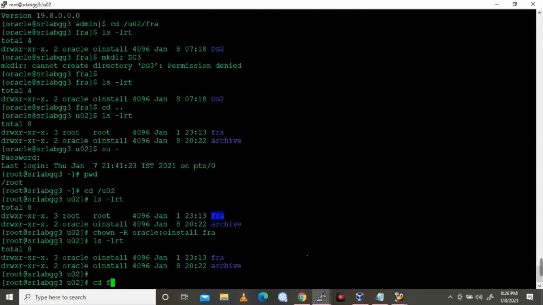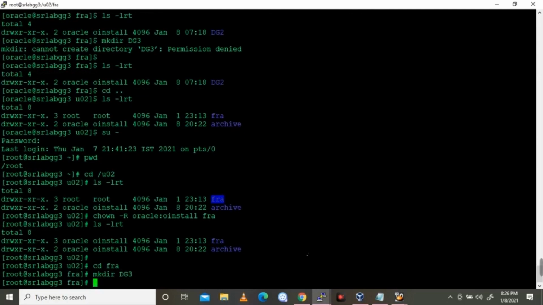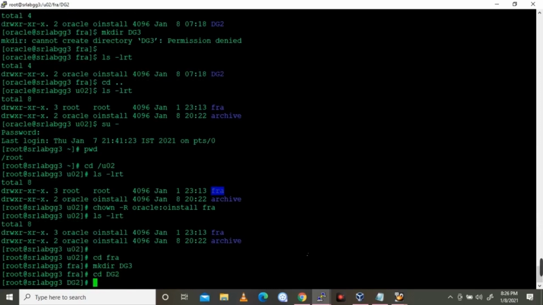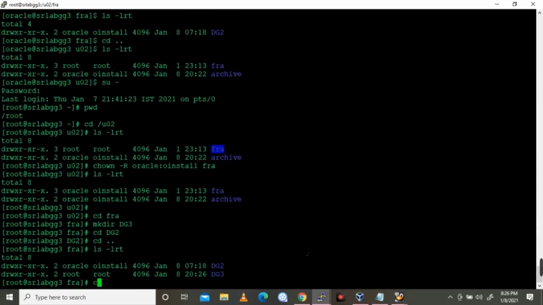In my case, I don't have permission to create the FRA logs in this location. So I am creating the DG3 directory and changing the ownership and permissions on it.